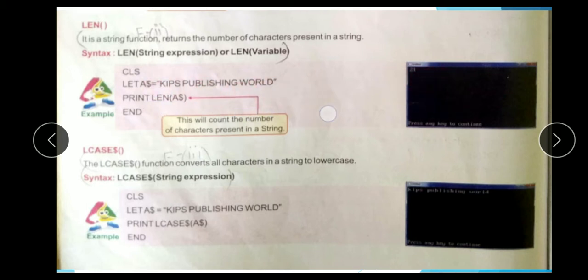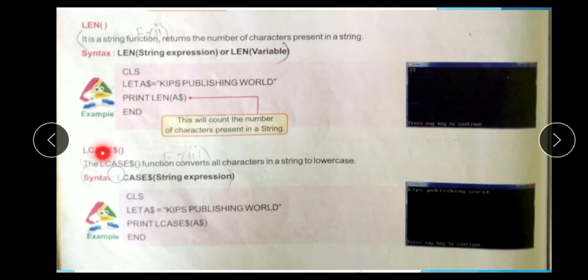When I count the characters in "Kips Publishing World", there are 21. So the LEN function is used to find the number of characters in a particular string.